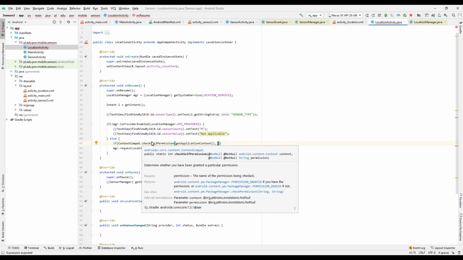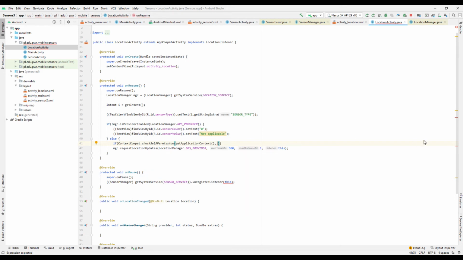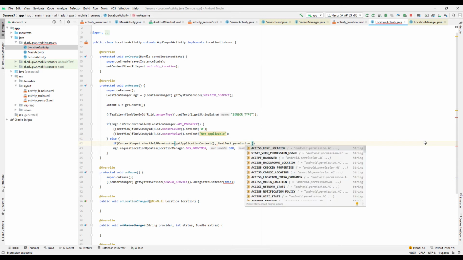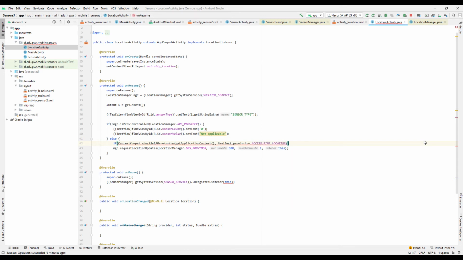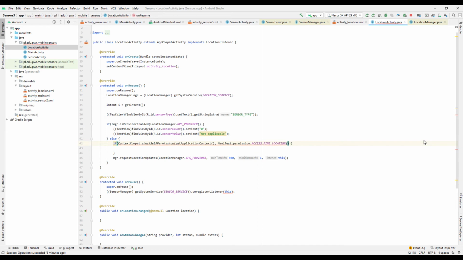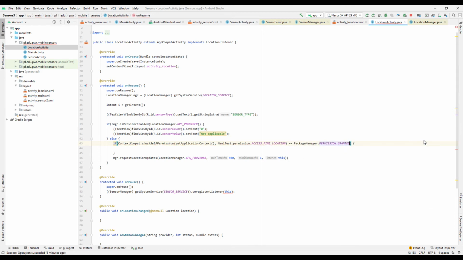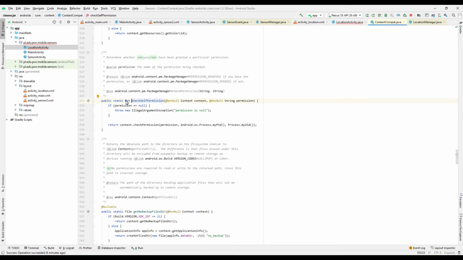And the permission, in our case, is Manifest.permission.ACCESS_FINE_LOCATION. And if this is PackageManager.PERMISSION_GRANTED, because it returns an int, because